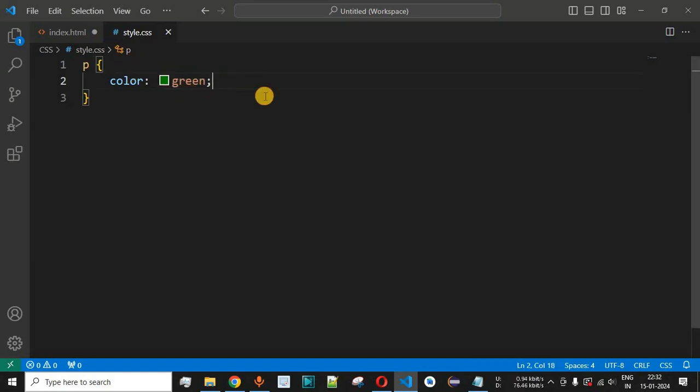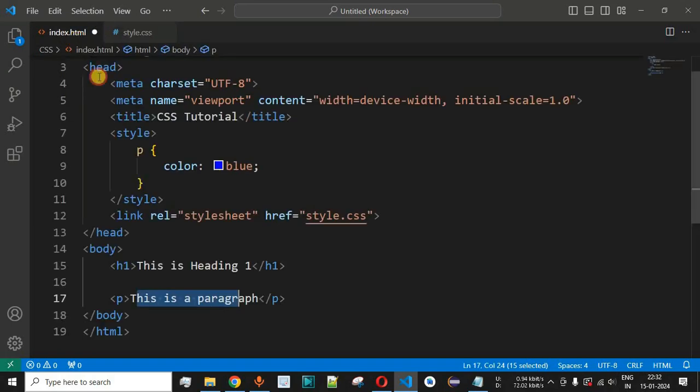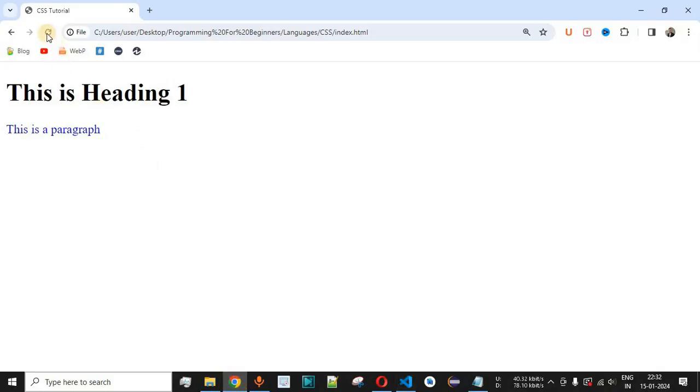So guys, basically we want this green color to be set as the font color for the paragraph tag. So let me just save this file now. Always remember to save this file, that is style.css, and the HTML file as well. So both the files should be saved in order to see the latest changes that are being made in both the files. So let me save this file as well. And after saving this file, let me just reload this page once again on the browser. So as you can see, the font color for this paragraph has been changed to green in this case.